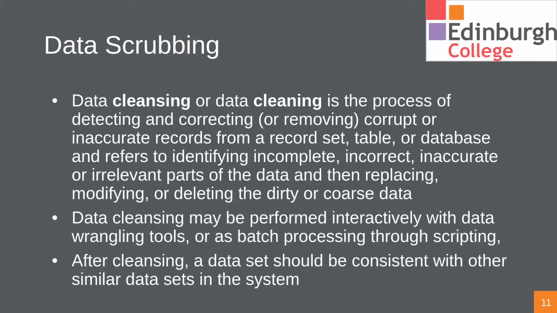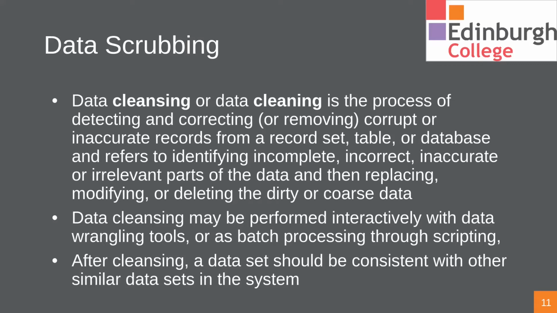They all mean the same thing. So let's say we have 1,000,000 records, and we look at them and realize that 400,000 of them are corrupt. In the data scrubbing process, we would scrub those records, get rid of them, and then we would have 600,000